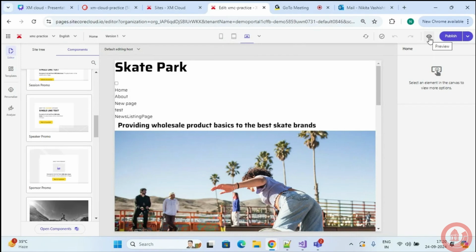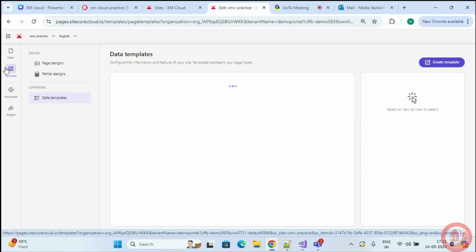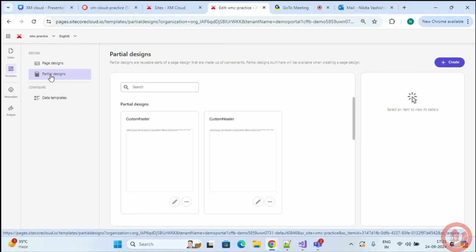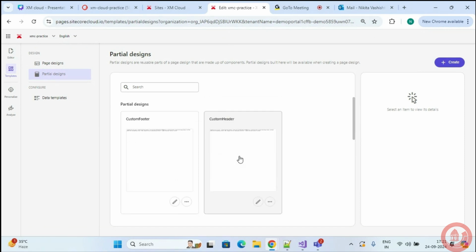Supposedly, if we have some static components on our pages that are being used side by side across all your website, and you do not want to re-add them again and again on the page level, what you do is you create those components as your partial design, and then you stack it up on your page design so that you can easily create your pages using that specific template rather than adding the same redundant component again on the page level. So we know that our website will have a common header or footer. We can create it once at the partial design level, and then our job is done. We do not need to recreate it or re-add it at the page level.